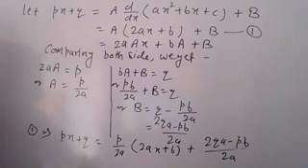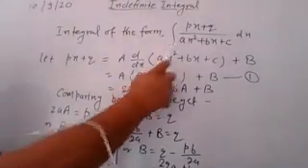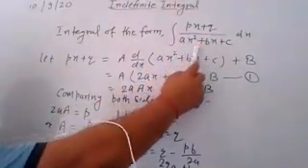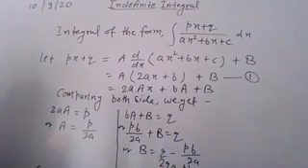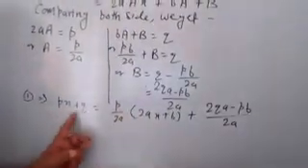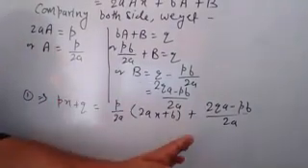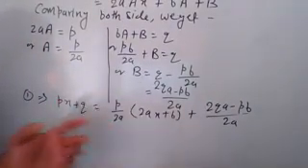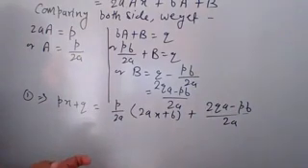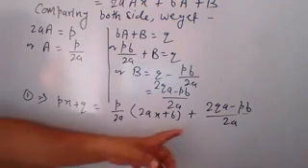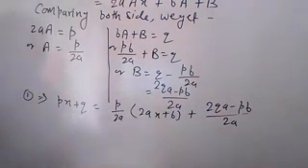Clear? So see here, your question is px plus q upon this denominator. So you have to divide each term on the right side, the value of px plus q, and integrate it, then you are able to get your solution. Understand? So after that, first you note down up to this last step.